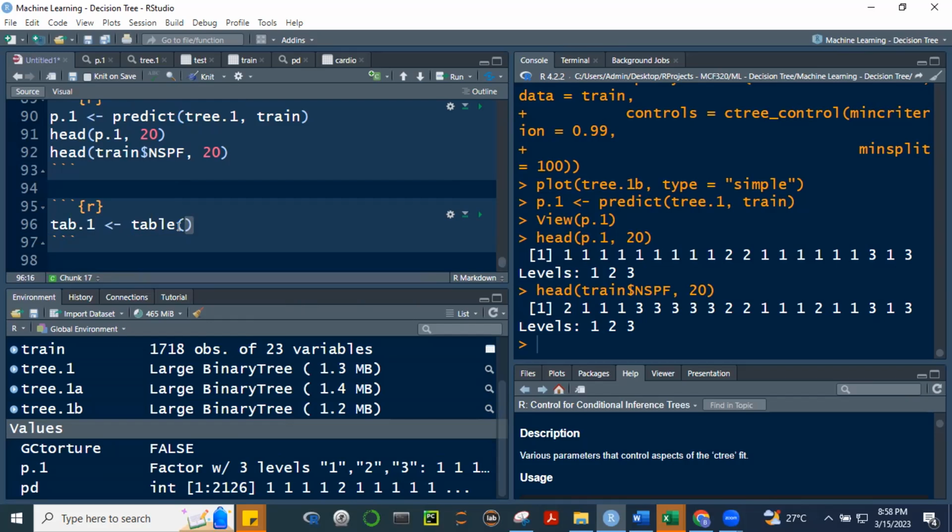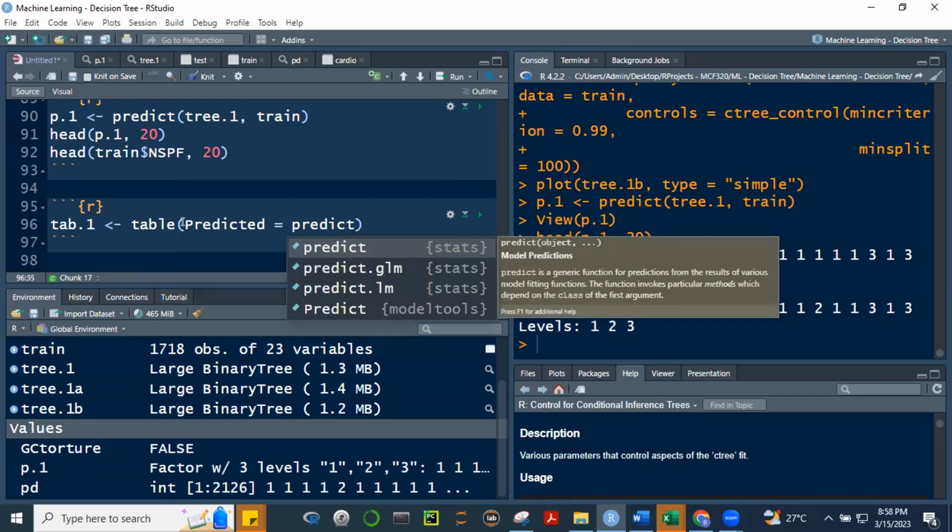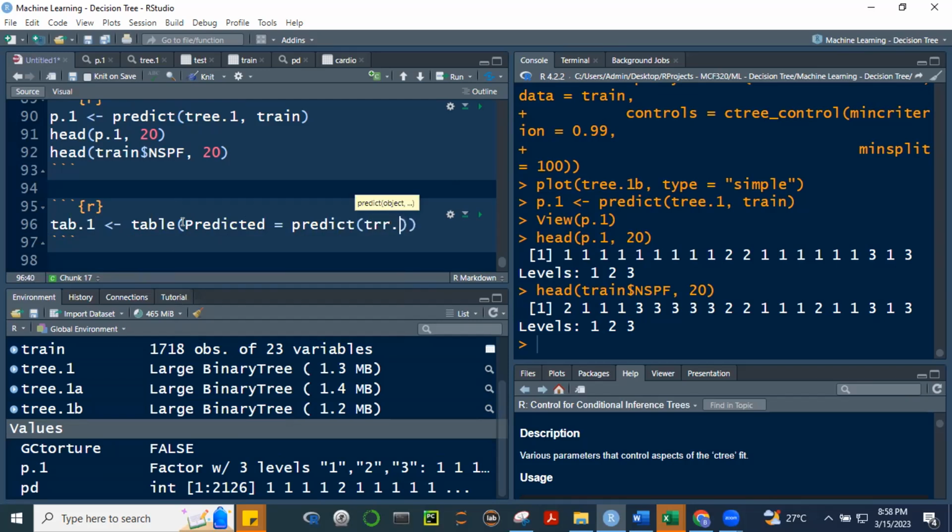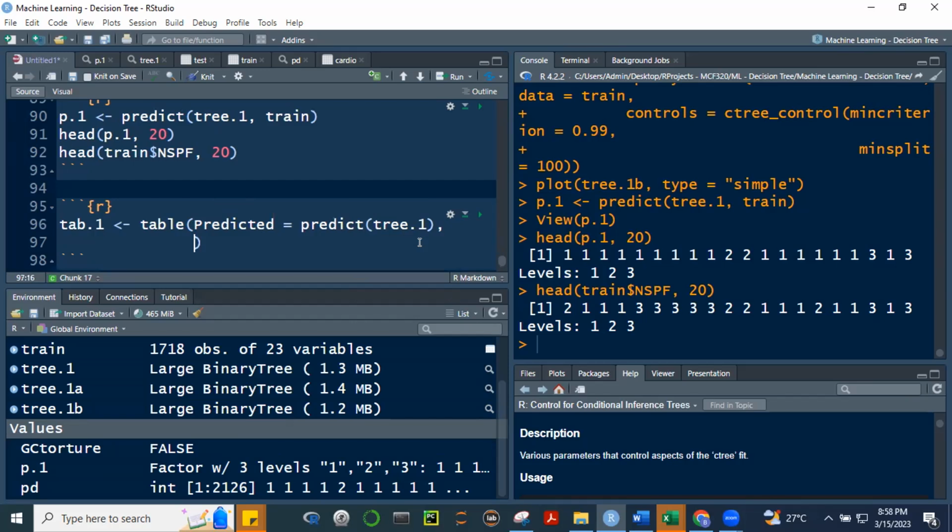Okay. So let's give a name to the predicted. We call it predicted, and it's equal to the values ng predict ng P.1. Okay? So gagamitin natin yung predicted values ng P.1 versus, side by side siya or versus, this natin lagay.